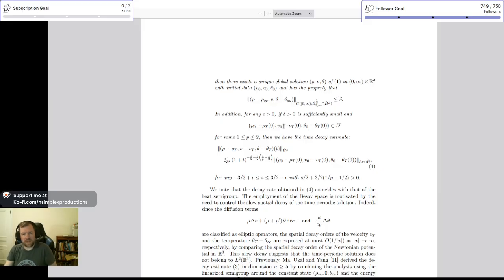In addition, for any epsilon greater than 0, if delta greater than 0 is sufficiently small, and our initial distances